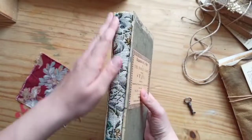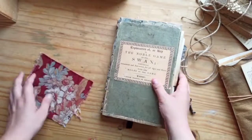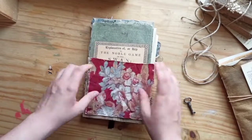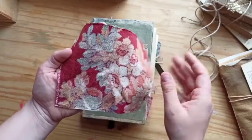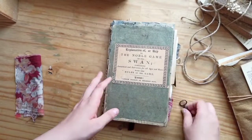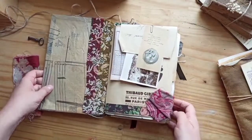pattern paper, and the spine is just some heavy upholstery fabric. The piece of fabric here, I thought it went well. The colors went well together, so I just placed it here, and you can use it in your project. This is an old French piece of fabric, upholstery fabric. We have a little key, some twine to close it, and then when you open this up,